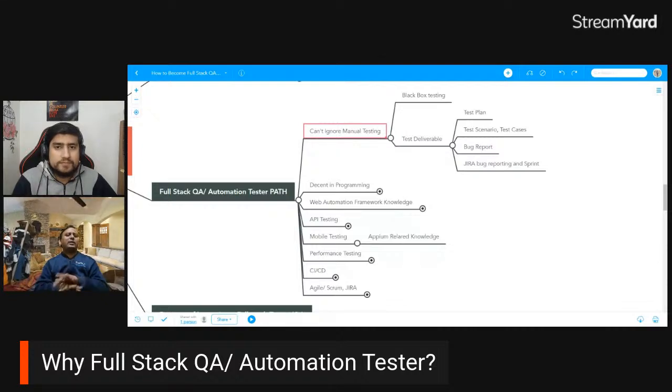It does not matter if you change company, it does not matter if you work on multiple products, or on a complex product, or whether you have that domain knowledge or not. If you prepare your base in such a way that you are easily able to grasp things, easily able to work on things, you are able to think differently.